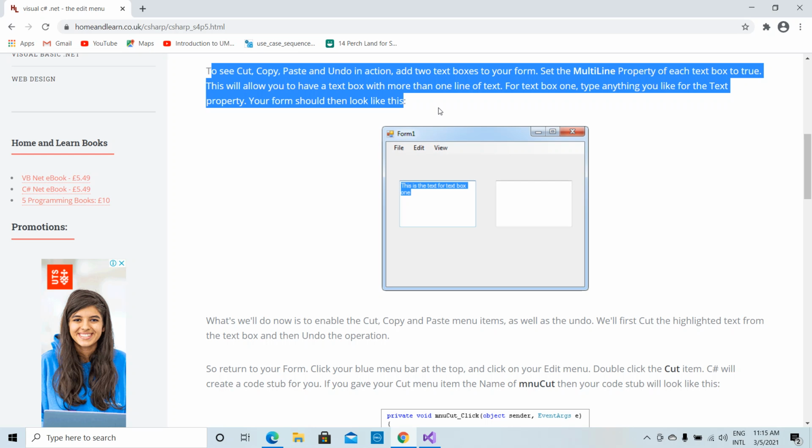For text box 1, type anything you like for the text property. Your form should then look like this. Okay. Now what you have to do is